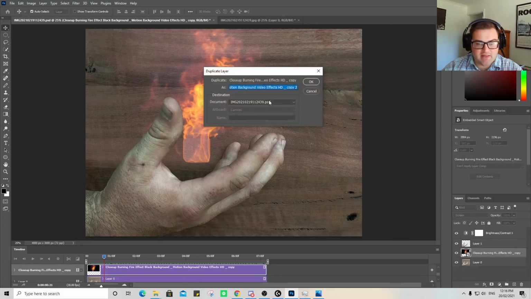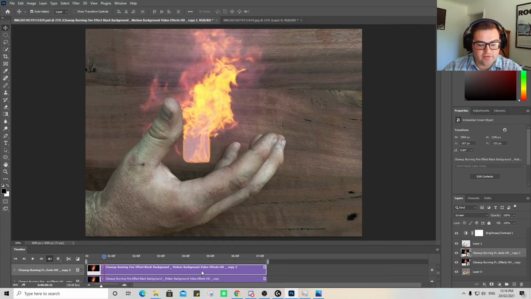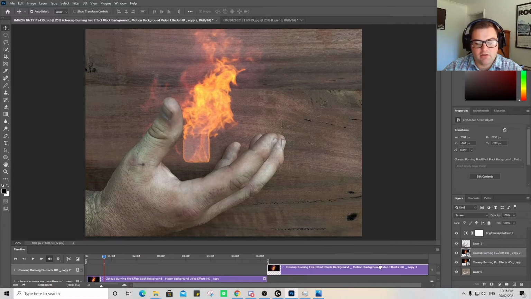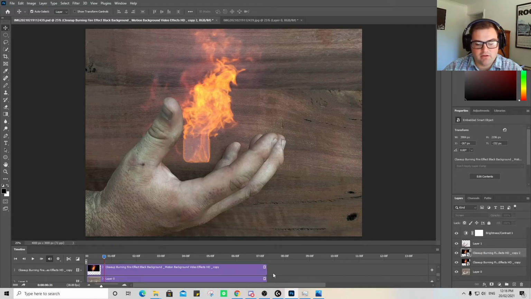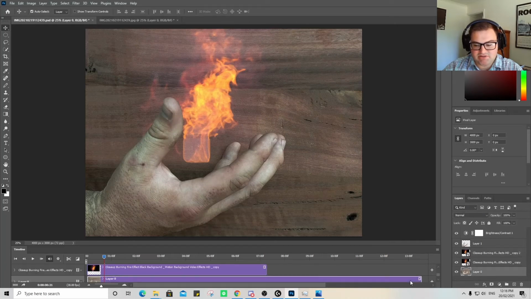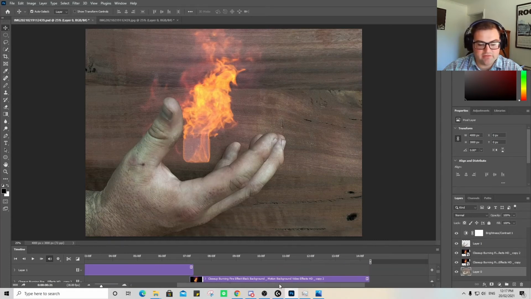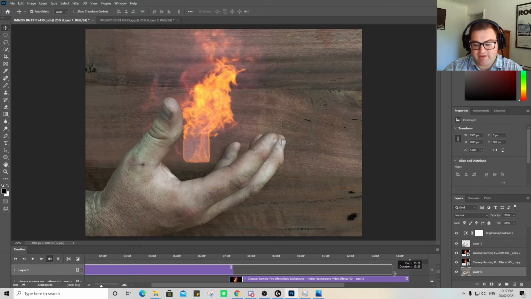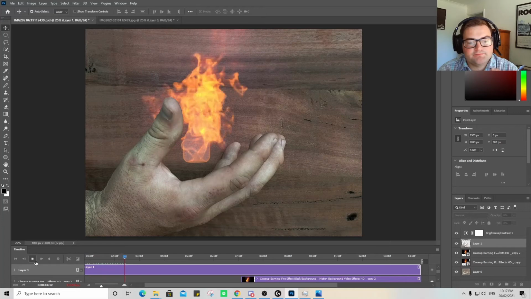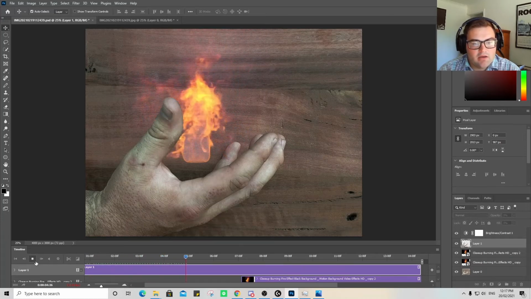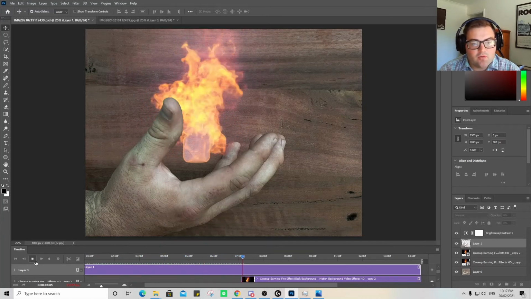If I go duplicate layer, okay, I've got two there, and I'll drag one over here, and I'm going to make sure this is just as long as that one. Fantastic. That is such a help, having that end timer there, and then making sure I have that overlaid the whole time as well. So now if we play,